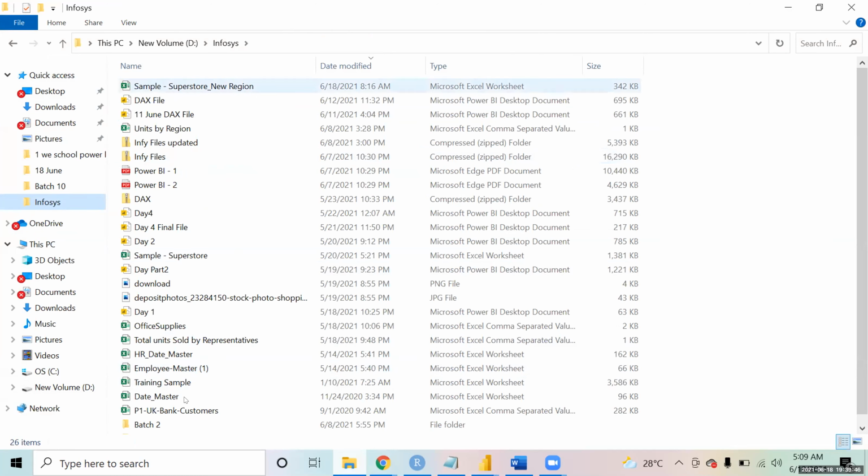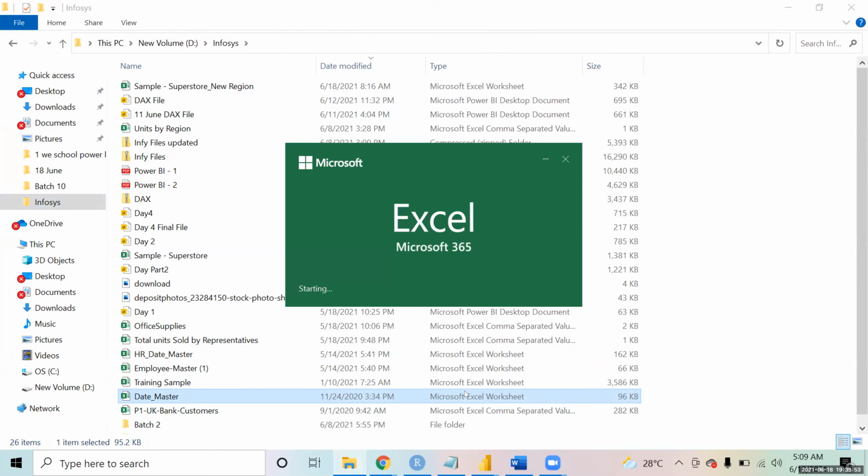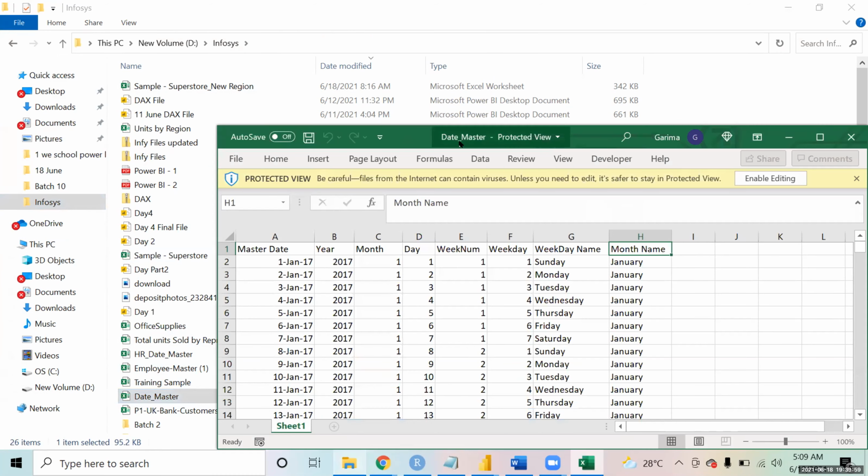Sometimes what developers do is they don't make the date table. They already have some dates with them which they use.